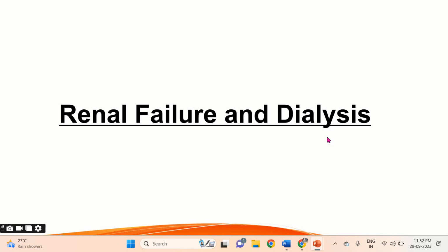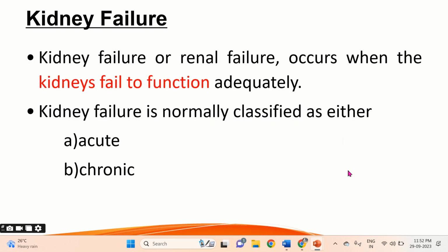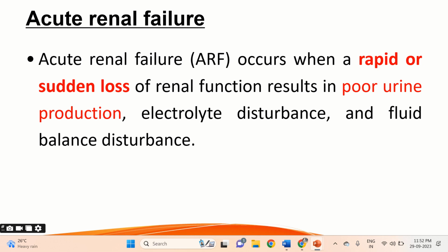Renal failure and dialysis. Kidney failure, or renal failure, occurs when the kidneys fail to function adequately. Kidney failure is normally classified as either acute or chronic. Acute renal failure occurs when a rapid or sudden loss of renal function results in poor urine production, electrolyte disturbance,